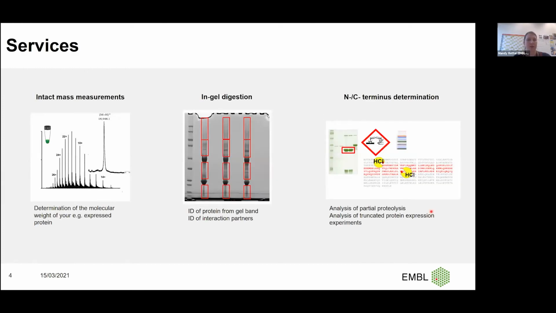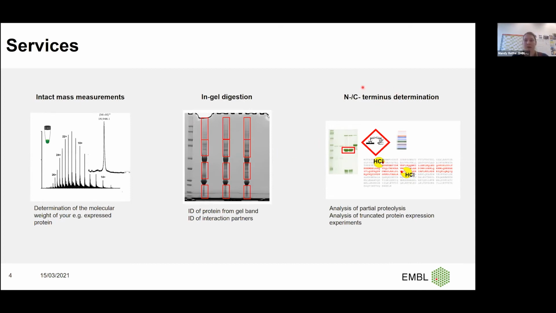So the kind of services we offer are, for example, the intact mass measurements, where people can measure intact proteins under denaturing conditions to get an idea of the molecular weight. So you get the molecular weight number as an outcome and not any sequence information from this readout. Then we have 2 InGel workflows. One is InGel digestion with a specific protease. For example, as you can see here in the gel image, you have done an IP and want to see your interaction partners, or you are specifically interested in one particular band of your purification, and just want to check that you purified the right protein.